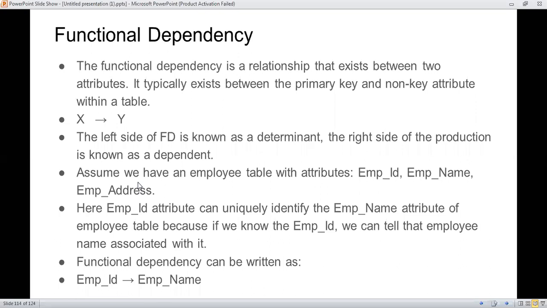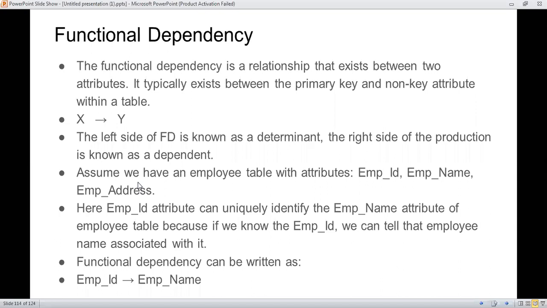That means if I want to search for a particular Snehal student, then I must know her roll number. Otherwise, two or three Snehals will give me a response, which will not work. So I must know the roll number of that particular Snehal.